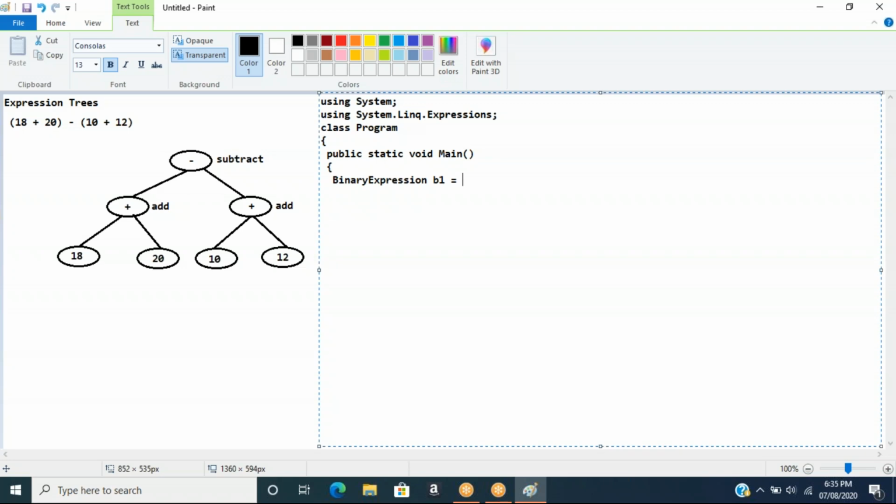In that namespace we have this class called BinaryExpression, and in it there is a class called Expression, and MakeBinary is a method. What do you want to do first? You want to